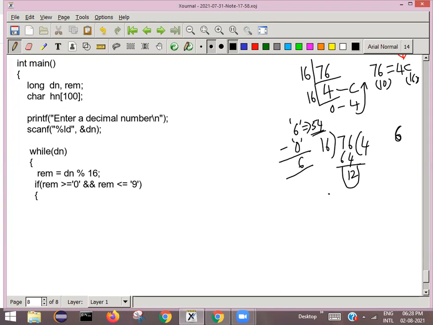ASCII value of 6 is 54, ASCII value of 0 is 48, so 54 minus 48 is 6. Then you will get the number 6.